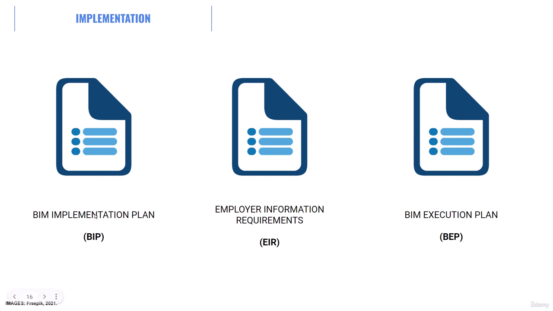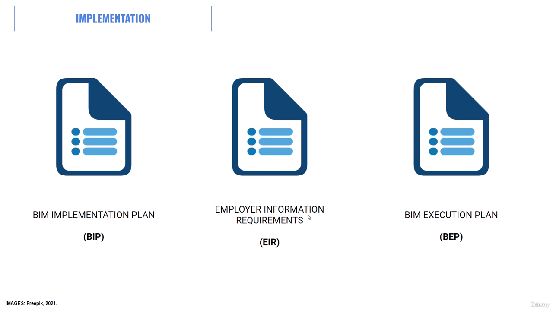Besides the BIM implementation plan, in the future you might more than once note this term called the employer information requirements, which, to sum it up, are pretty much the parameters that the client will give us, specifying, for example, which type of LOD we want for the model, or level of development, whether we want to create a LOD 100 model, 200, information for the stages of the project, so the amount of information, and pretty much all the parameters that are required to execute the BIM project.